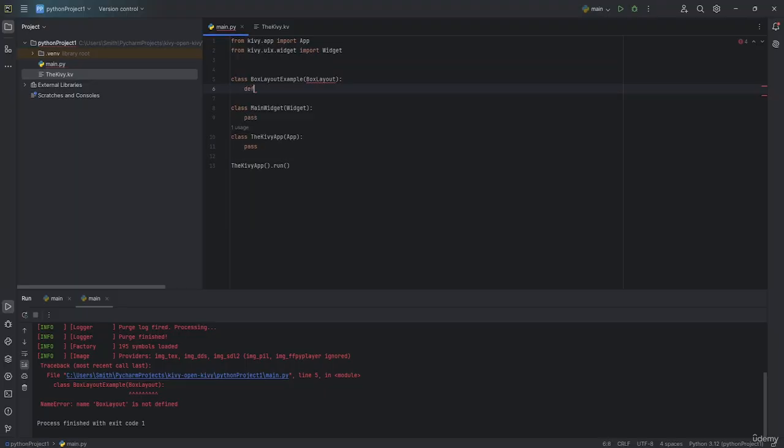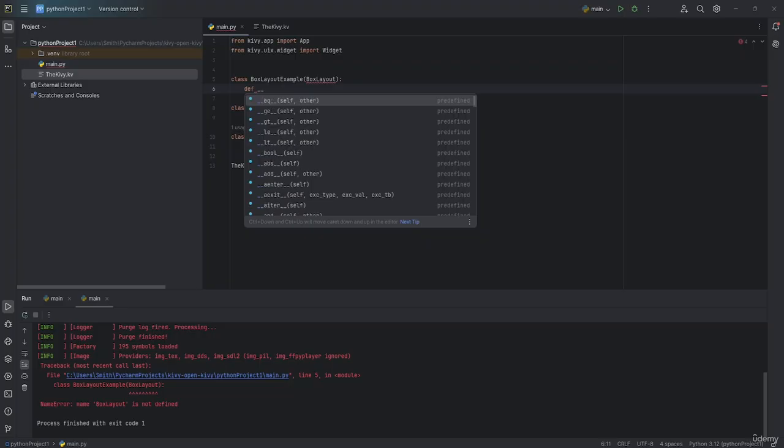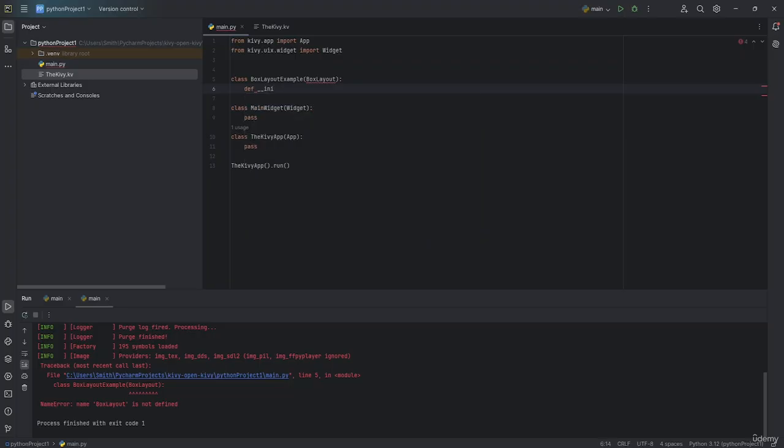I'm going to put in def, space, underscore underscore, init, and then put in self, which is going to help us customize our box layout. So here I'm going to put in this specific command, which you're going to follow. After self, and before closing the parentheses, put in a comma and then put in 2 asterisk signs. And then after the asterisks, you're going to put in